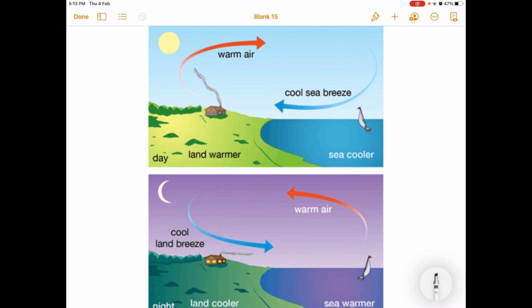So, let us study first about the land and the sea breeze. These are caused by the differential rate of heating of land and sea. So, what happens, children? During the daytime, the land gets heated faster than the water. What is the reason? Because water is mobile in nature, so it will take time to get heated, whereas land is heated faster than the sea. So, as the land is heated, the temperature increases and a low pressure area is created over the land, and in the water body, in the sea, there is a high pressure.